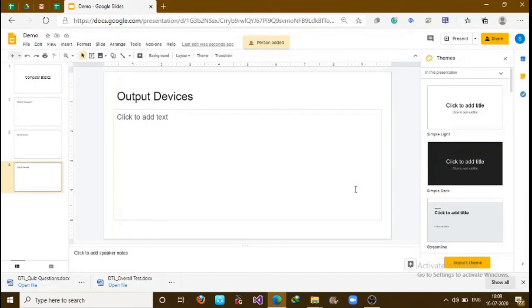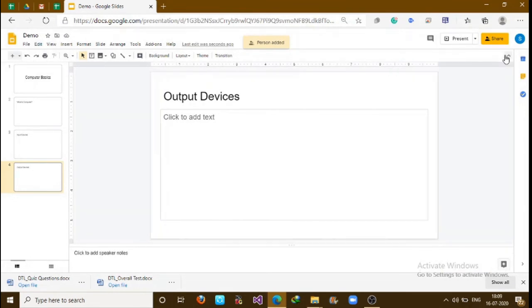So the invitation is sent to my colleague, and now let's see. You can see here the person edit option. When she comes online, we will see how we can do the collaborative task. She will get a mail of sharing, and she can open it directly from her mail and can start the collaborative task here. You can see here my colleague is present now. From here you can get the idea of who is present and who is not. So you can see K here, and she started working on her part also.